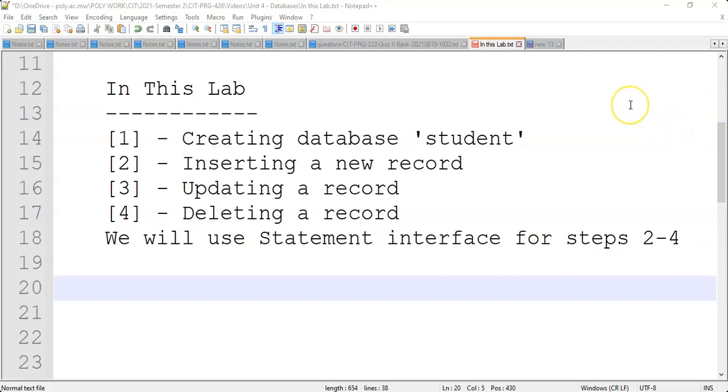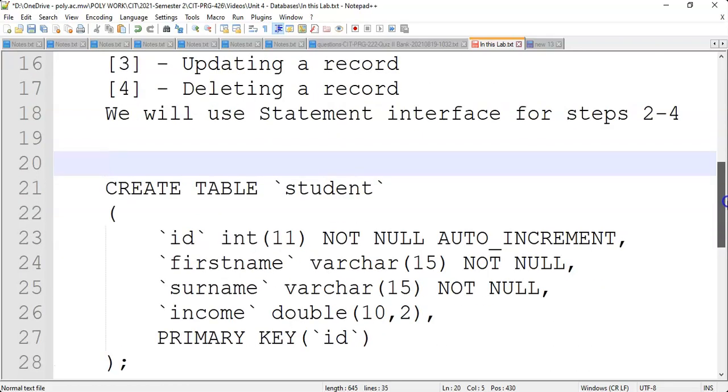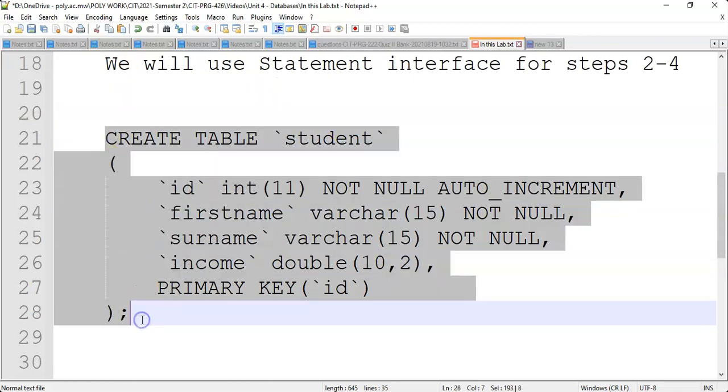Okay, now to do this, we need to have the database table created. So the first thing, we need to create a database table from the database that we created before. This SQL code is going to be used to create the database table. I copy this one and I open my database,